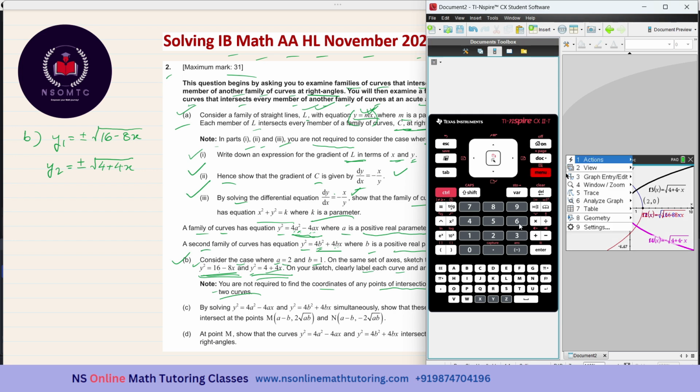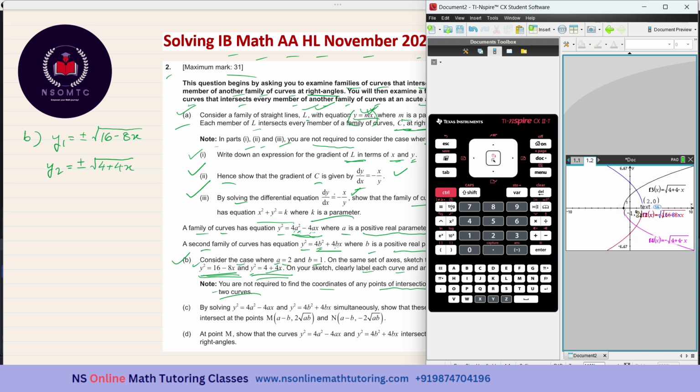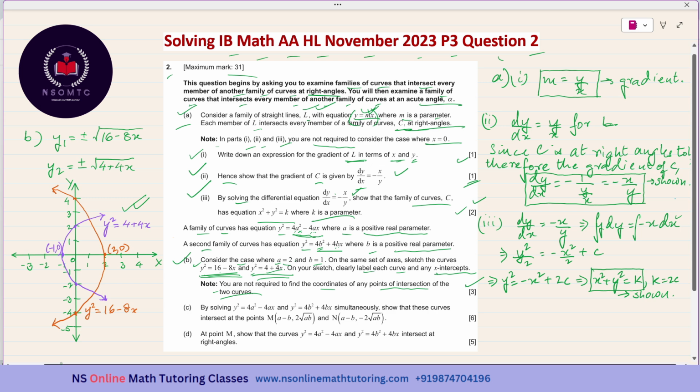So I go to analyze graph number 6 and then 0 number 1. And which graph? Maybe this one. And this is, you see, minus 1, 0. Because we need these two sets of coordinates. And now we have to sketch this. So these are the two graphs. I have drawn them using two different colors. In case you have a blue pen and a black pen, you can use them for drawing these two graphs. Or else you may use the single pen and you have to label the graphs clearly and you have to mark the x-axis intercepts as well.